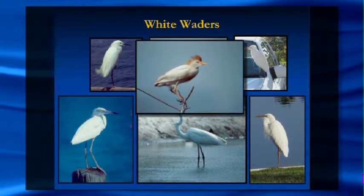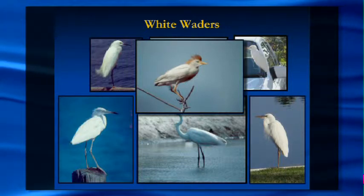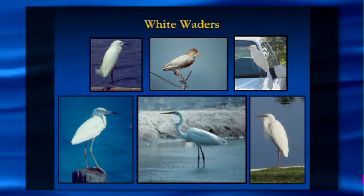Anybody know that one? It is another cattle egret. I heard it somewhere out there. This is a bird that changes its plumage during the breeding season. And some birds will do that. You know, some species it's different between the male and the female, but here it's an annual cycle where they get that breeding plumage. And so I mentioned the great egret here, and there's only a relatively minor difference between